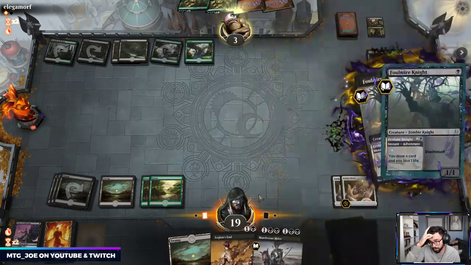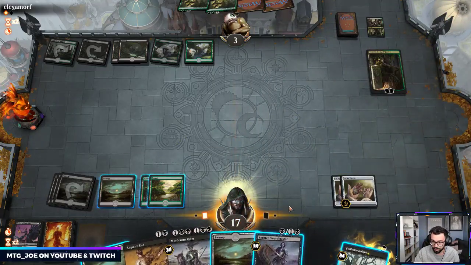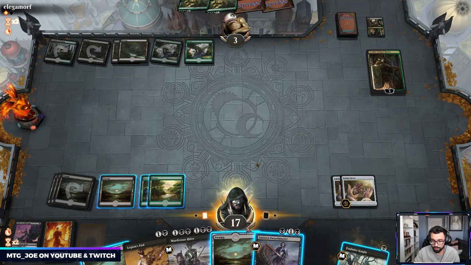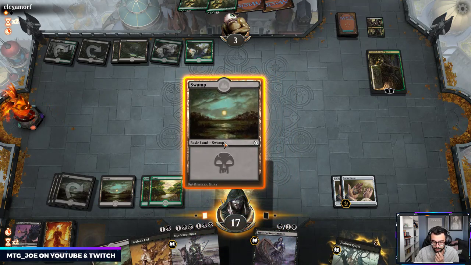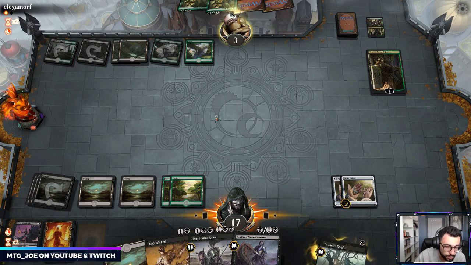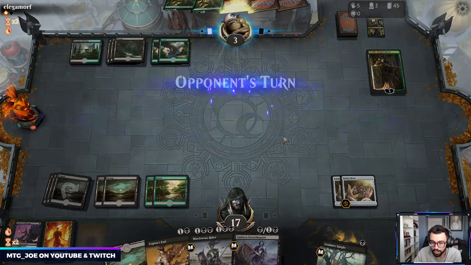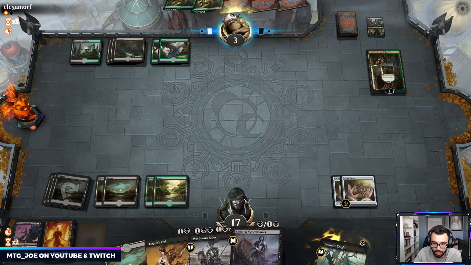Okay, we have Murderous Rider and Smitten Swordmaster. So that can actually win us the game next turn. So let's just pass the turn, because what we do here is we Murderous Rider both Vraska and Questing Beast. And then we play out the Foulmire Knight and then cast the Curry Favor. And then that should...